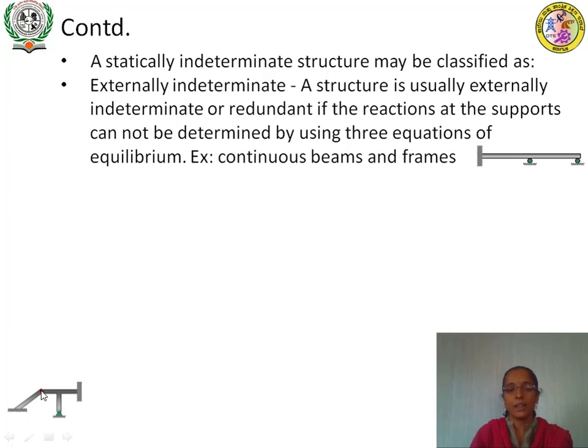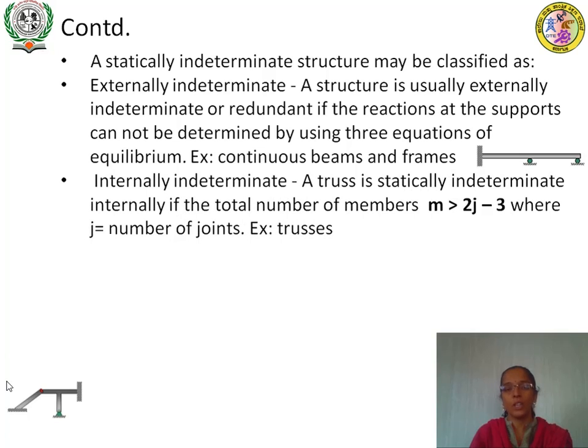This is what we applied in the analysis of arches. In three hinged arches we used to apply the additional condition that the bending moment at the third hinge, that is at the crown, is taken as 0. Same thing. Here an internal hinge is provided at this point, therefore this gives an additional equation. So the total number of equations becomes 4 and the unknowns are 8. Hence 8 unknowns cannot be found by 4 equations. Therefore again it becomes an externally indeterminate structure.